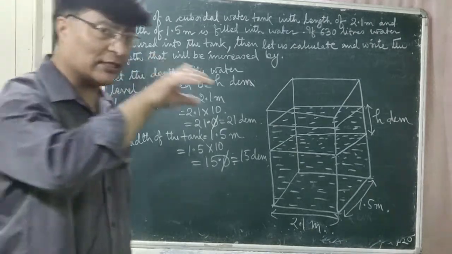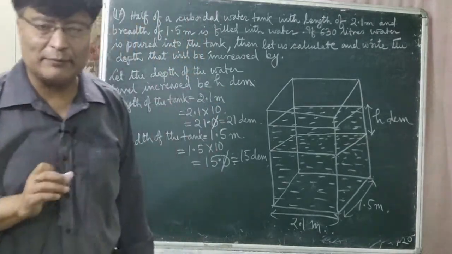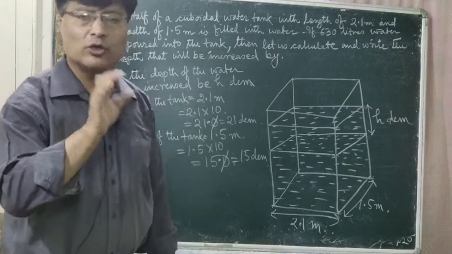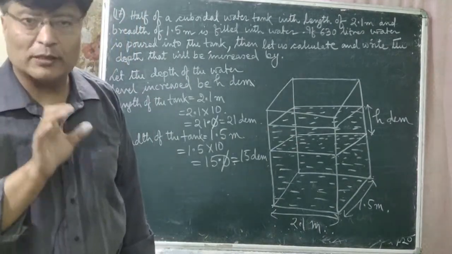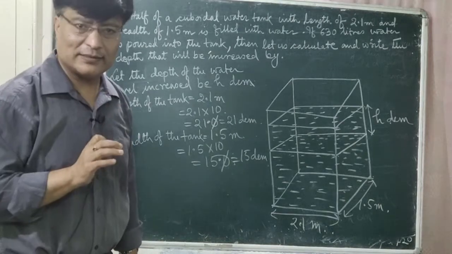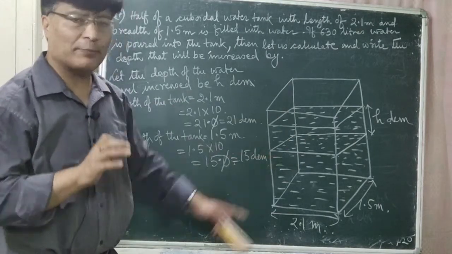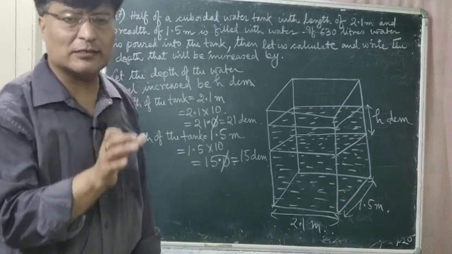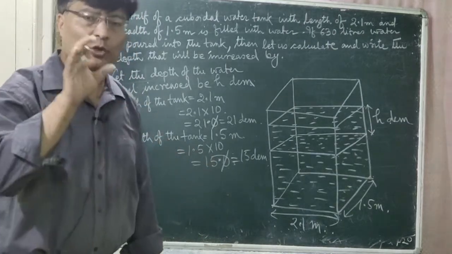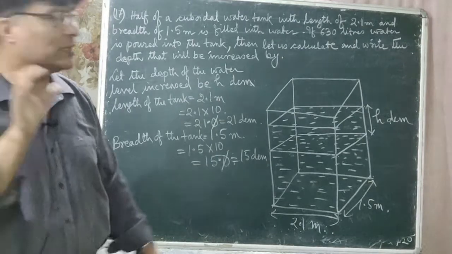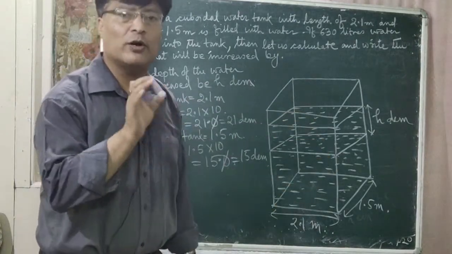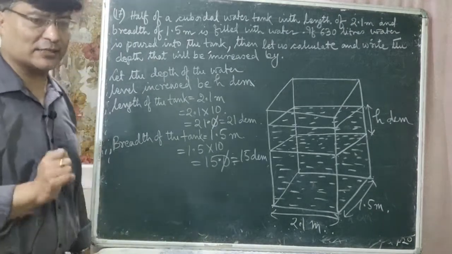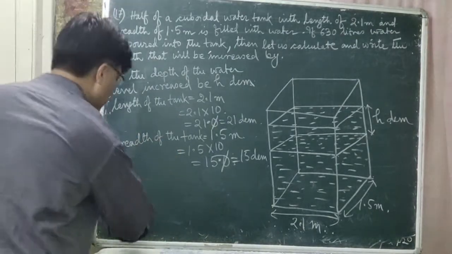जब त्यो 630 लिटर्स अफ पानी हाल्छौ तिमीले ट्याङ्कमा, त्यो 630 लिटर्स अफ पानीले पनि त यो क्युबोइडल ट्याङ्कको शेप नै लिन्छ हैन, त्यसको पानीको शेप पनि कस्तो हुन्छ? क्युबोइडै हुन्छ। जब तिमीले 630 लिटर्स अफ पानी त्यो ट्याङ्कमा हाल्छौ, त्यो पानीले पनि क्युबोइडको सेप नै लिन्छ। ठीक छ, सो नाउ भोल्युम अफ वाटर लेभल रेज्ड